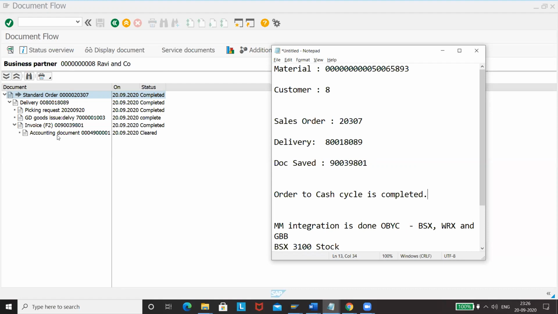This is how we maintain the complete structure, right from creating a company code to purchasing material and sending those goods to customer based on the sales order, and then post goods issue, and then collecting cash back from the customer. This completes the whole scenario. This is said to be the complete configuration, and with this we can say that the system is ready and up for running. Thank you.